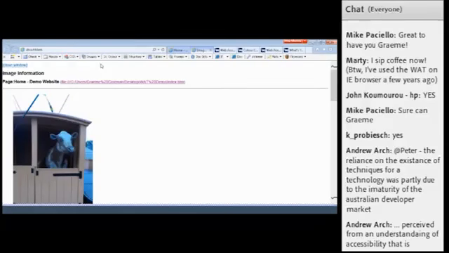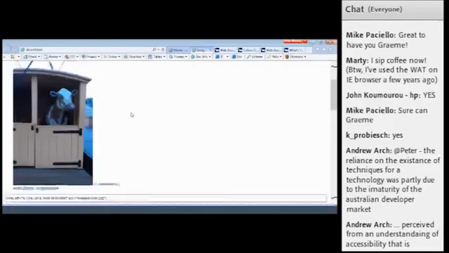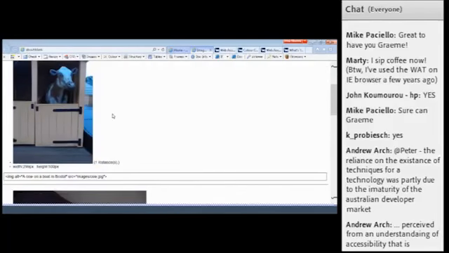So skip to main content links, making sure that users can bypass extensive navigation menus so that they don't have to navigate through each menu on each page that they encounter. So for example, in this particular example, I have implemented a very basic skip to main content link here at the top.